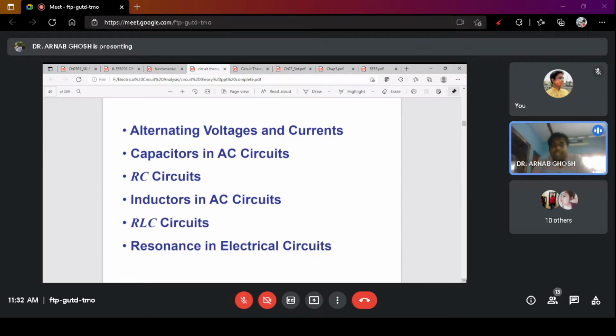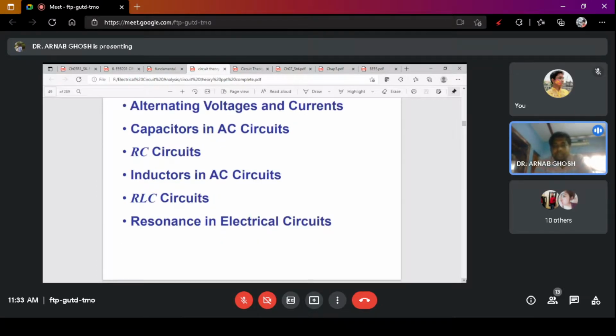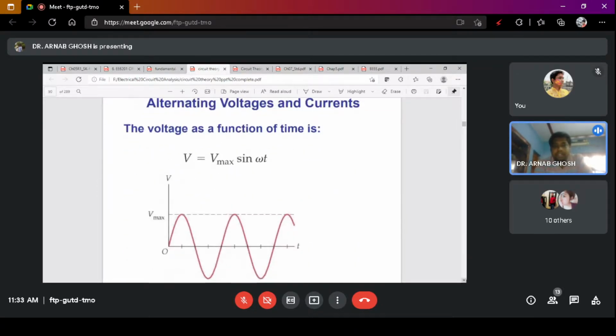and then we'll move on to inductors, RLC circuits, and resonance. First, we will revise this, and then we will talk about what I mean by first order and second order circuits. Okay, so first, this